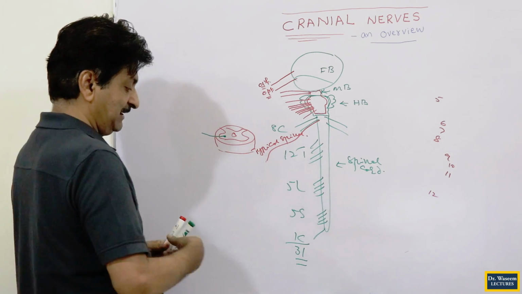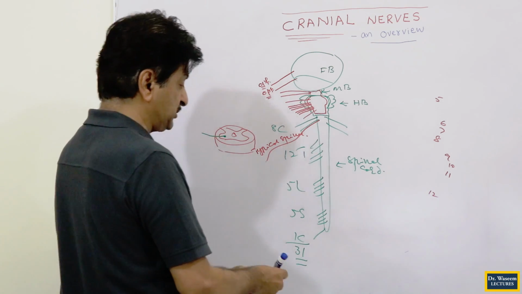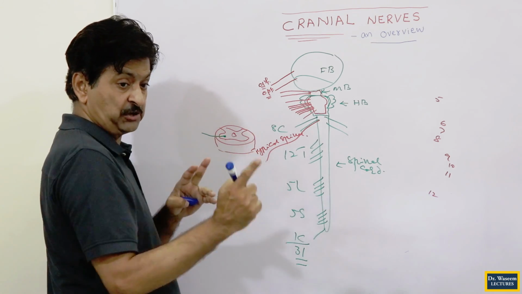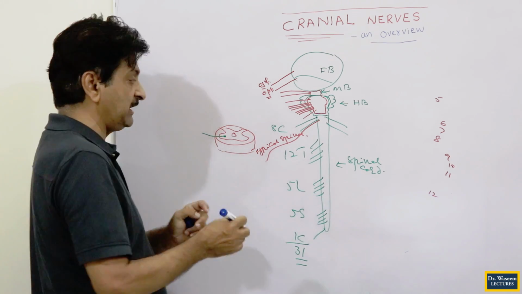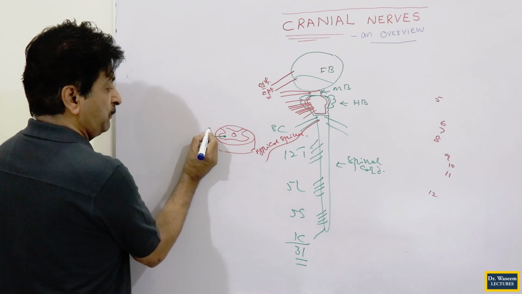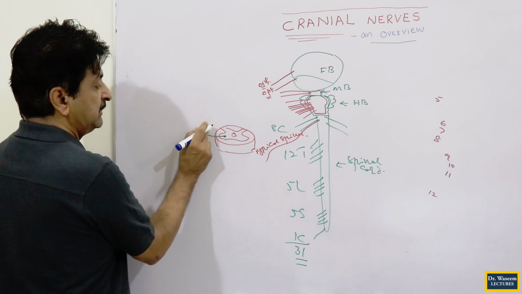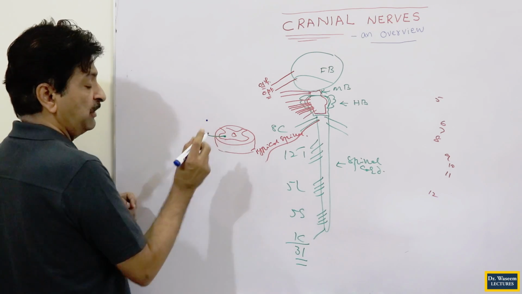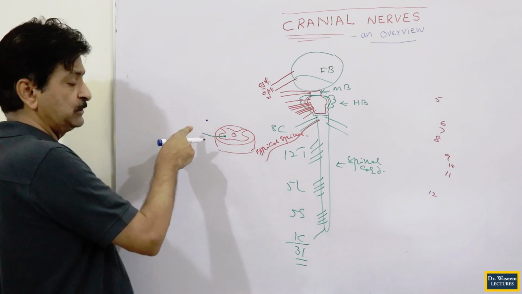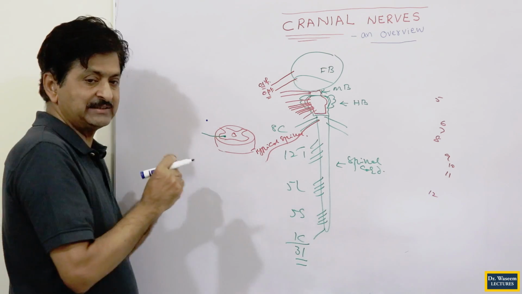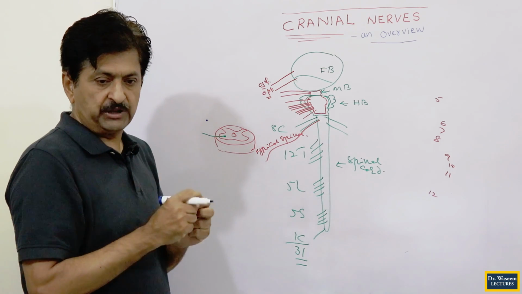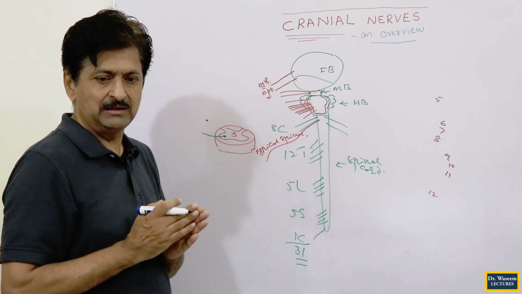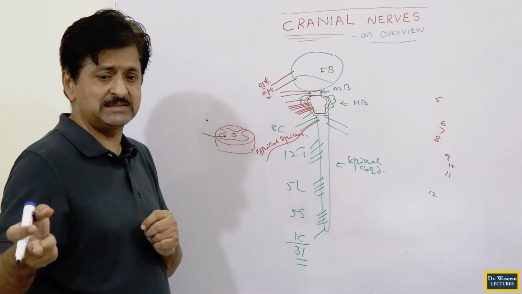It also has a sensory root, not having the cell body inside the central nervous system in the posterior horn, but the cell body is present outside, in the intervertebral foramen, in the form of a ganglion, that is called the dorsal root ganglion, or we can call it the sensory root ganglion also. And we have already told you many times, the sensory root ganglion has the cell body of the sensory neuron,